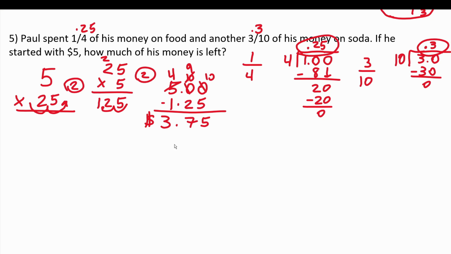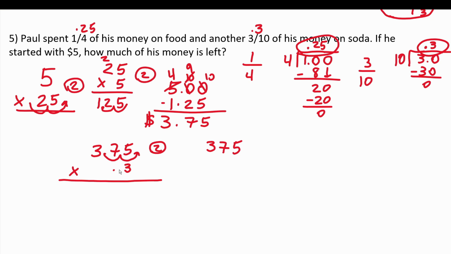So now that he has $3.75, we've got to figure out what 3/10 of 3.75 is, and we're going to multiply that by the decimal equivalent of 3/10, which is 0.3. And as you can see, we're multiplying 2 decimals now, notably 3.75 and 0.3. In order to proceed, I'm going to shift this decimal in 3.75 2 times to the right, so rewrite that as 375. And likewise, I'm going to shift this decimal in 0.3 1 time to the right to rewrite that as 3. So in total, I move my decimal place 3 times to the right. Once I work this out, I'll shift it 3 times to the left.